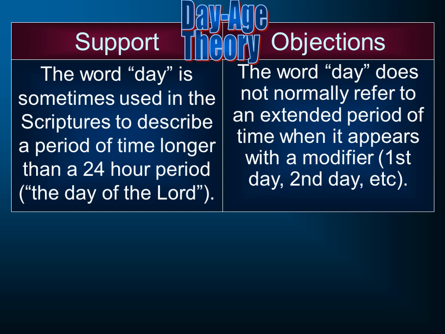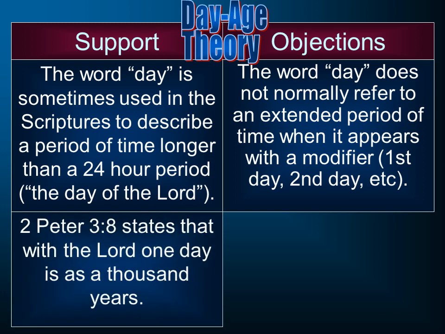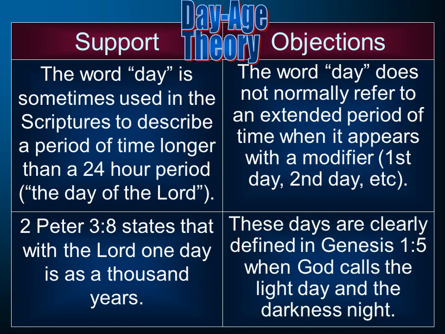But the word day does not normally refer to an extended period of time when it appears with a modifier, like first day, second day, third day. In support of it, 2 Peter chapter 3, verse 8 states that with the Lord, one day is 1,000 years. However, these days are clearly defined here in Genesis chapter 1 when God calls the light day and he calls the darkness night. So in Genesis 1, it self-defines what is day and night, and that mitigates against this day-age